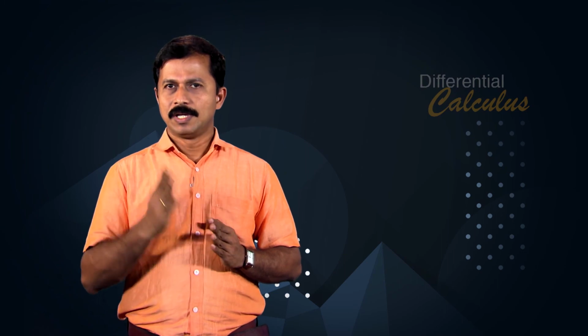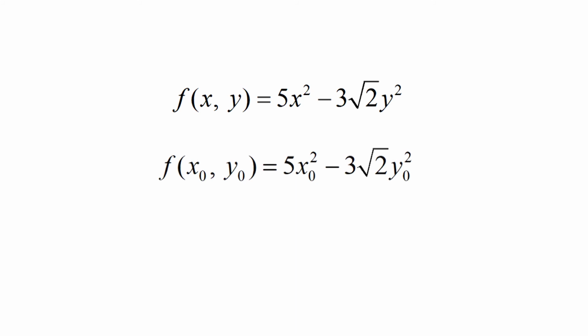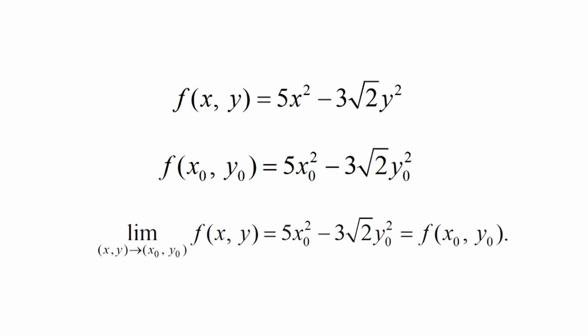As an example, the function f(x, y) = 5x^2 - 3√2 y^2 is continuous everywhere in the plane because for any point (x0, y0) in the plane, f(x0, y0) = 5 x0^2 - 3√2 y0^2 is defined and the limit as (x, y) approaches (x0, y0) of f(x, y) is equal to 5 x0^2 - 3√2 y0^2,